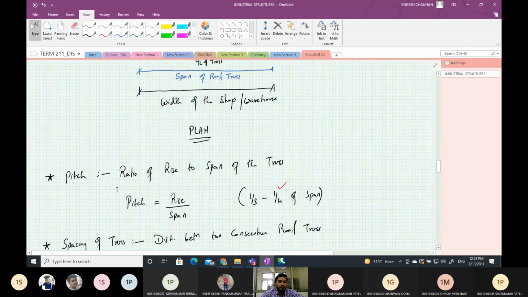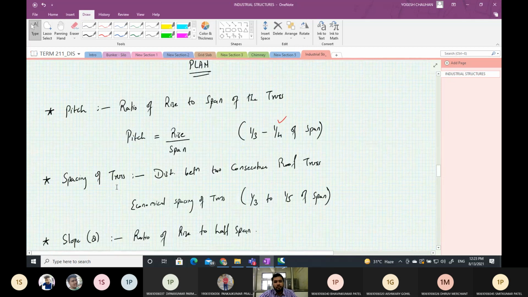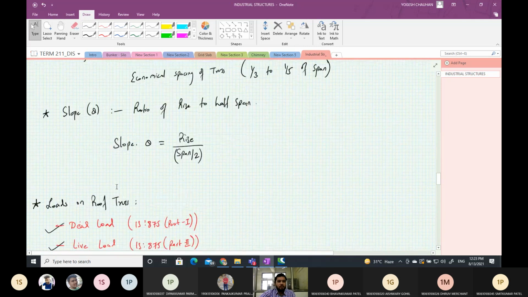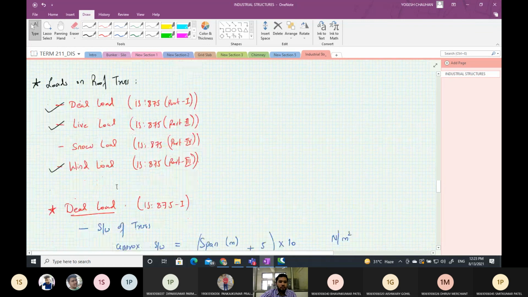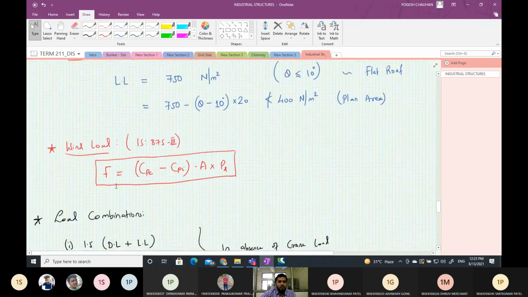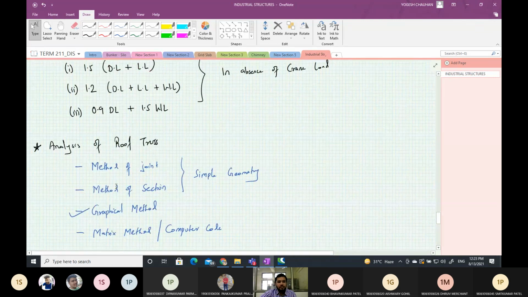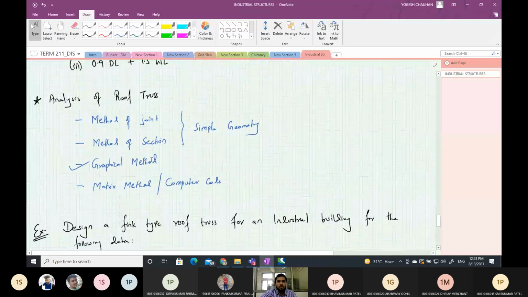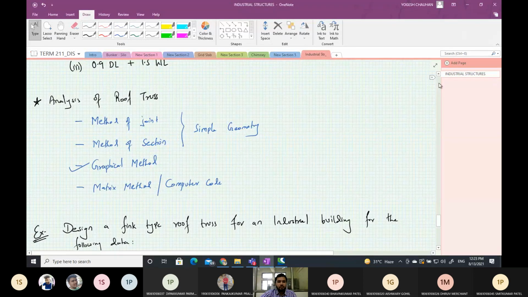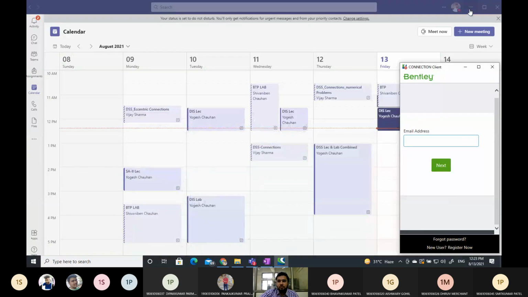We have seen various terms such as pitch, spacing of the truss, slope of the truss. And then we have seen the various loads acting on the roof truss, their load combinations, and the methods of analysis of roof truss. In the next class we will go through an example of a pin type roof truss. So we stop here, and if you have any doubt we can discuss now.